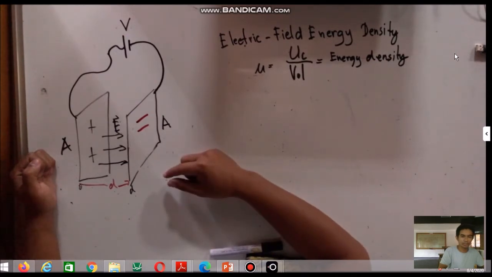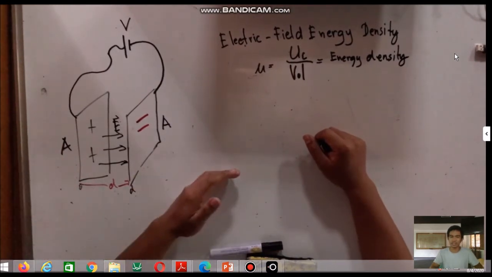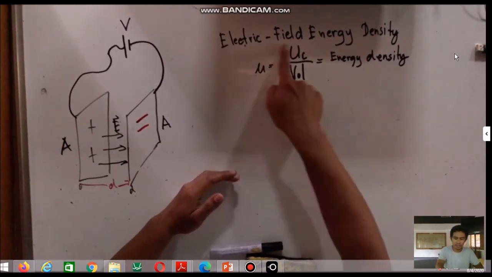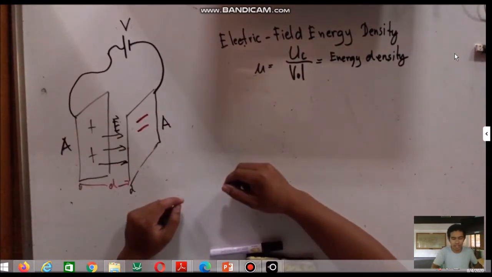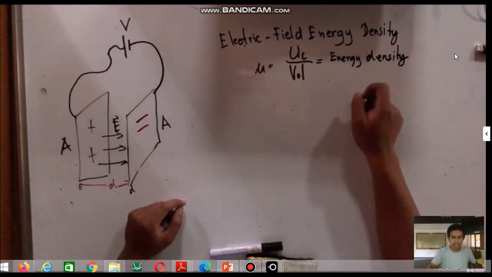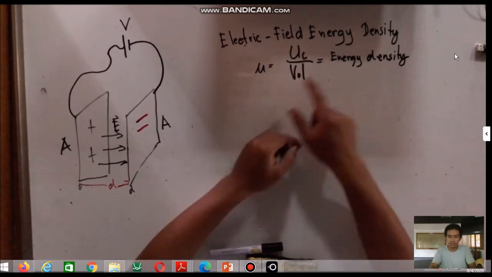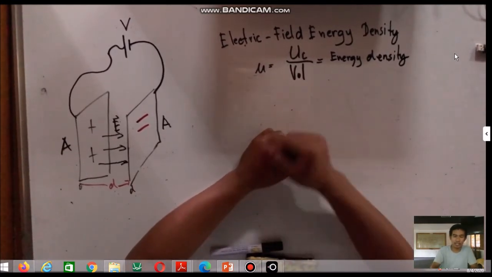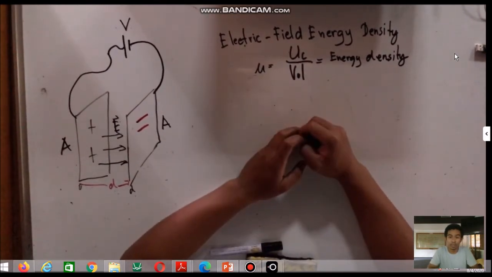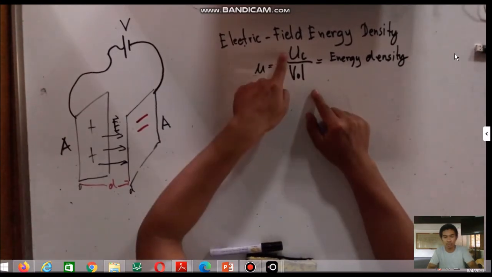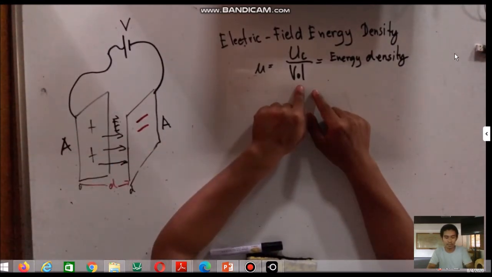So to build that relation, let us consider what we call the electric field energy density. What is this electric field energy density? From the words electric field energy, there is energy stored in the region of the electric field, right? So the electric field energy density is expressed with mu, the Greek letter mu. It is the energy stored in the capacitor over the volume, or the energy per volume. Okay, so that's the electric field energy density. U sub C is the energy stored in the capacitor, and the volume is the volume